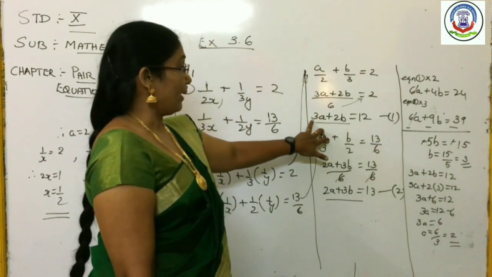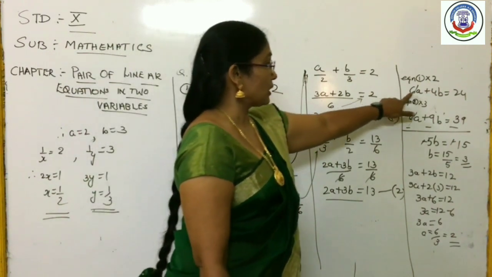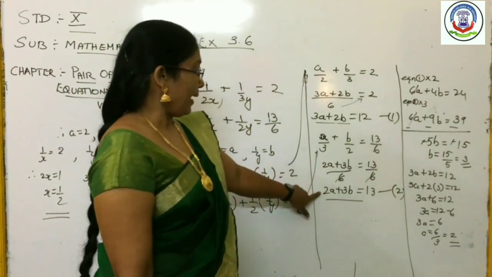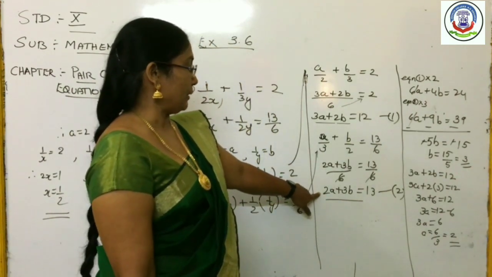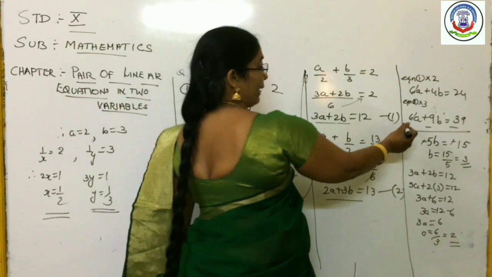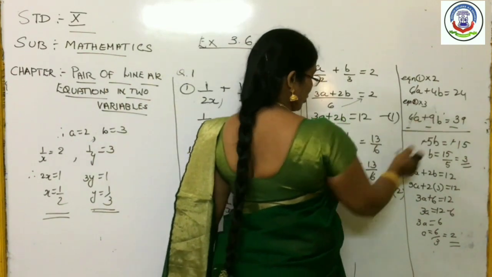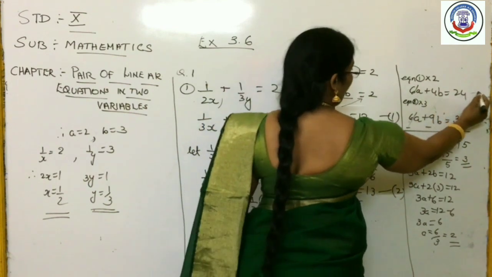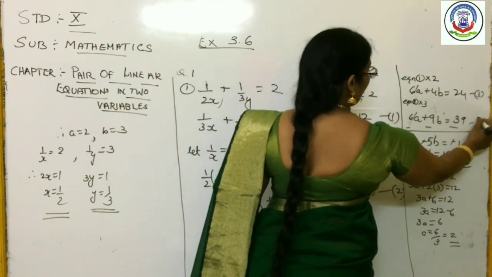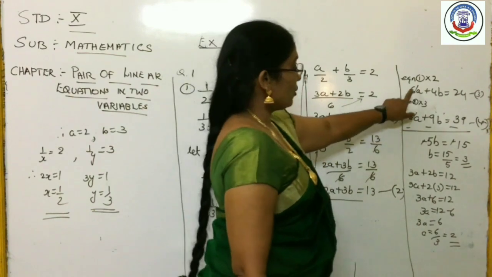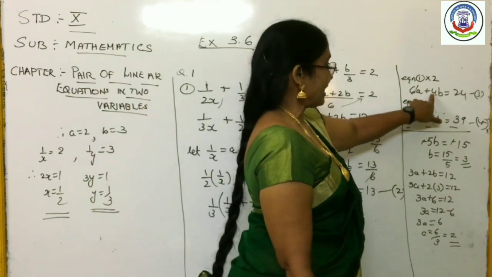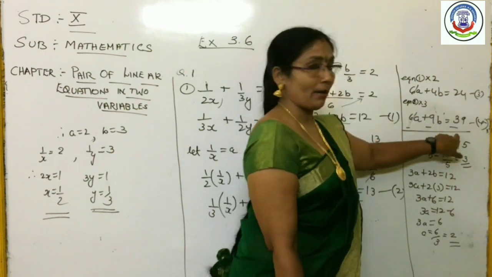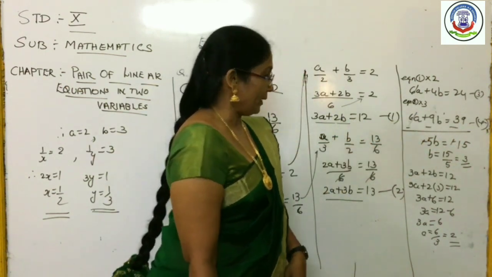So you have multiplied the first equation by 2, which will come 6a plus 4b is equal to 12 2s are 24. Again, the second equation I multiplied by 3 for making it as 6a. So 6a plus 9b is equal to 39. Now after these two equations, what you have to do? Subtract. So you will get that 6a will be cancelled, plus 4b minus 9b, it will be minus 5b. 24 minus 39 is equal to minus 15.